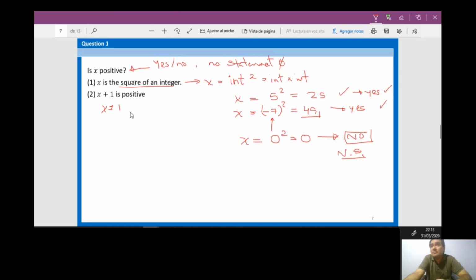Could it be 1? Yes, right? Because 1 plus 1 is positive. It's 2 actually. What other values of x could we try or could we think of? Now this is thinking time for you. What do you say, people? A negative number? Oh, for example, Melanie, which negative number could that be? -5. Let's check, okay? -5